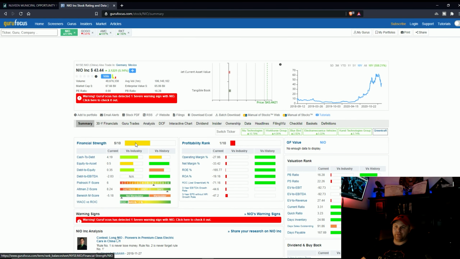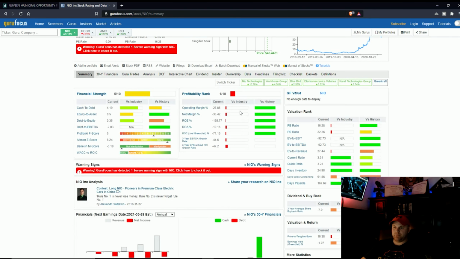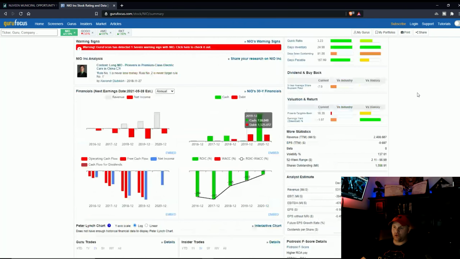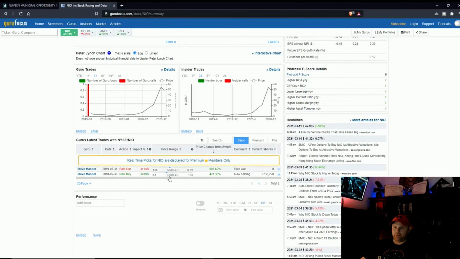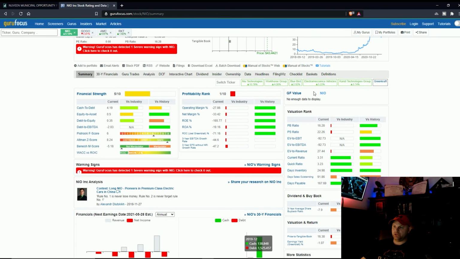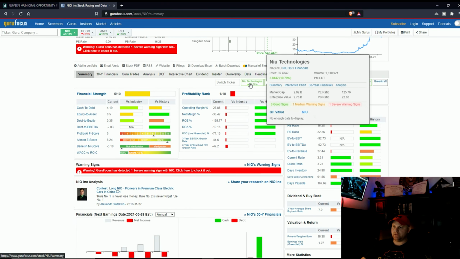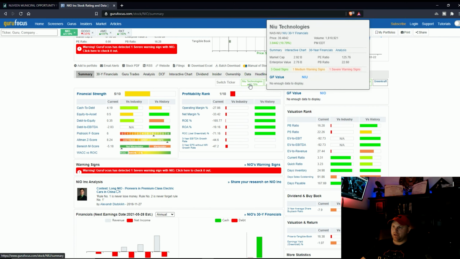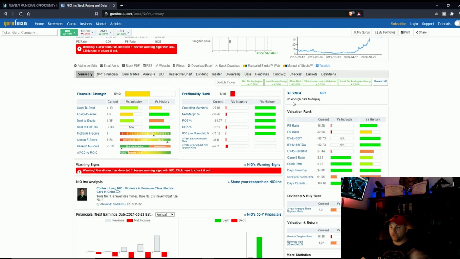We have a financial strength of 5 out of 10. Profitability rank only ranks 1 out of 10, not very good, and it does give versus the industry and versus its history. So obviously it is doing really good compared to its history, but versus the industry, it doesn't necessarily meet the criteria that I would invest long term. I would take a look at its competitors in the industry and see which has the better market. As we can see right here, they do pop up. We have NIO Technologies, Workhorse Group, that's a big name coming out. Canadian Technologies Group,